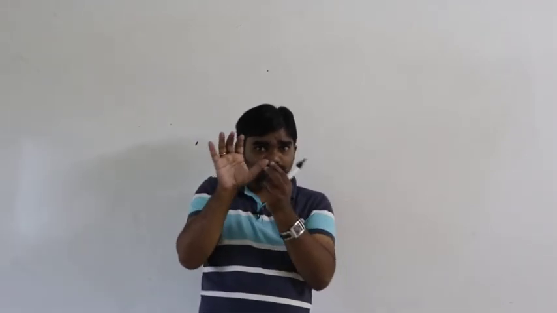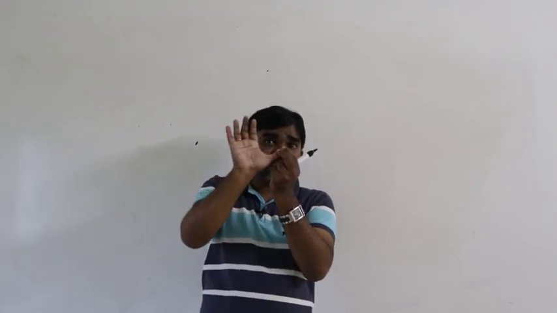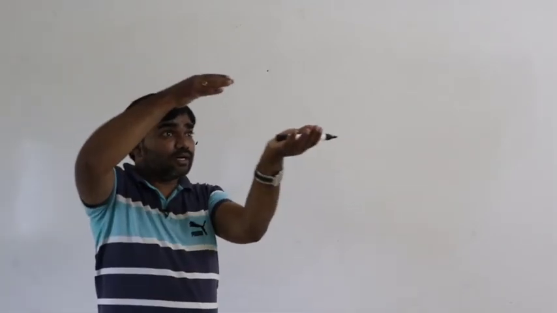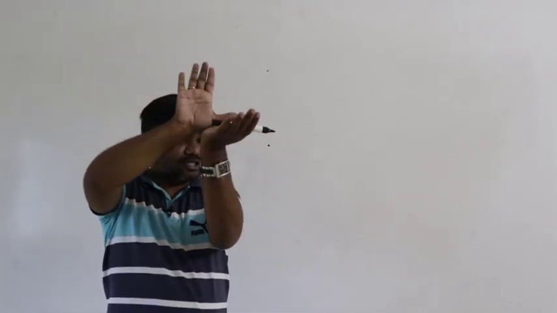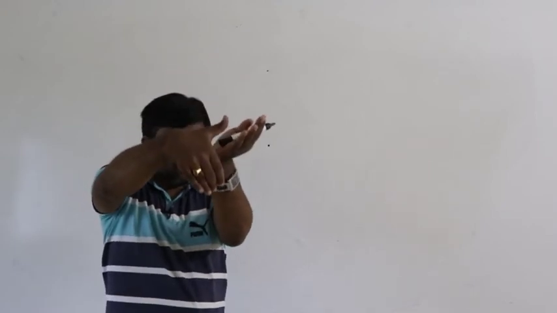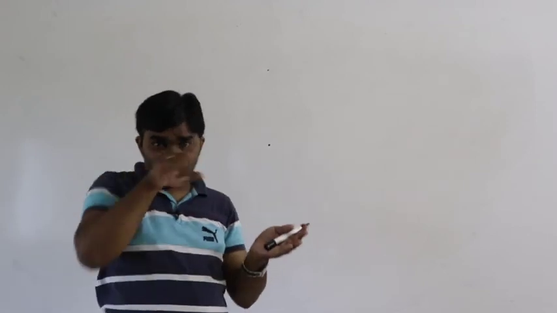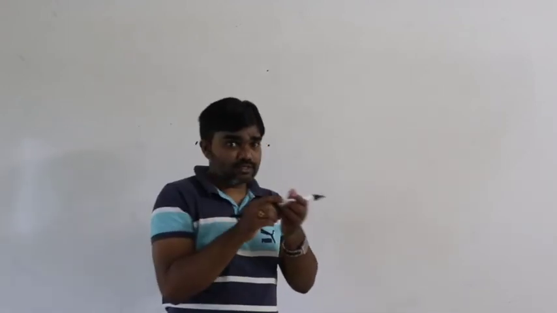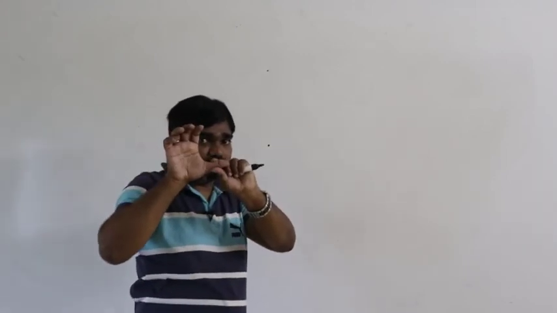Curling of the fingers indicates the direction of the magnetic field. So this is west to east. Above the conductor, the direction of the magnetic field is southwards, and below the conductor northwards. That is important. So the current is traveling from west to east. See here, this is the direction of the current, and the thumb indicates the direction of the current.